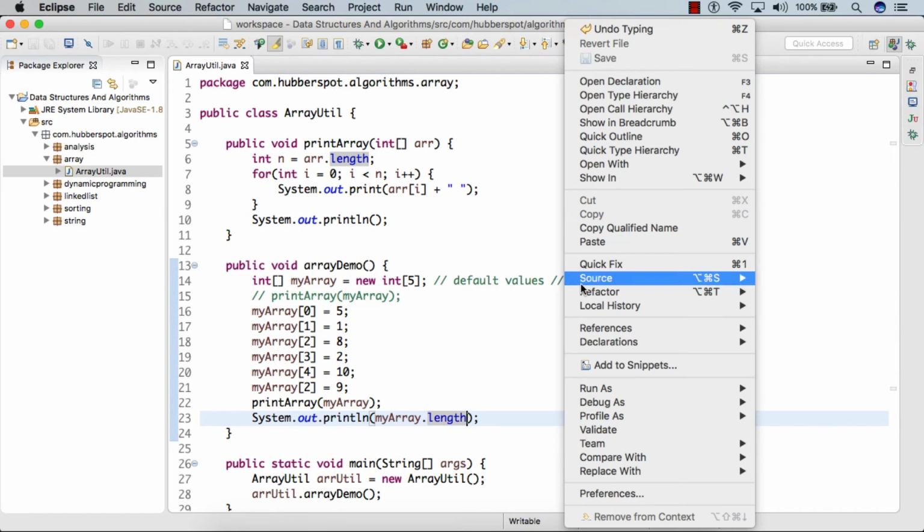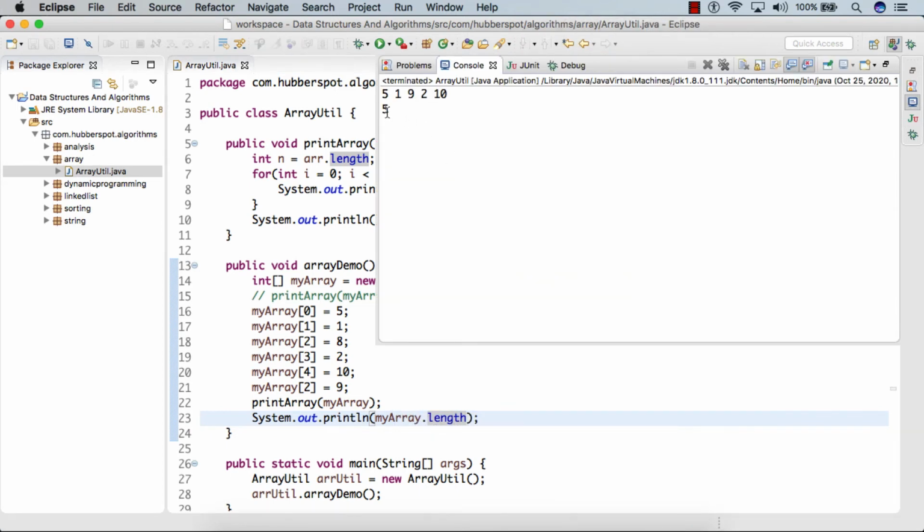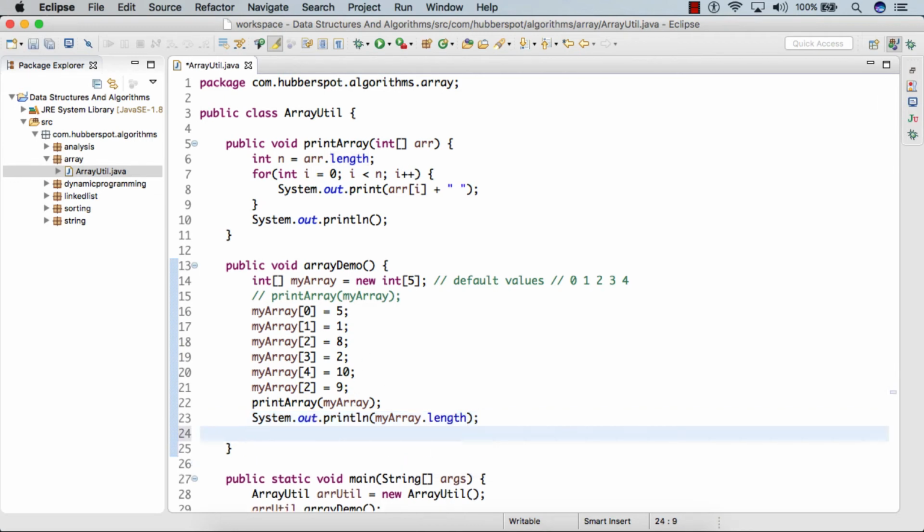and if I run the code now, you can see it printed the length of this array as 5, because we created an integer array of length 5. So usually when we get an array and we want to know its length, we can simply use this variable. We give the variable name dot length and we get the length of that array. And similarly, let's say we want to access the last element of an array, what we can do is